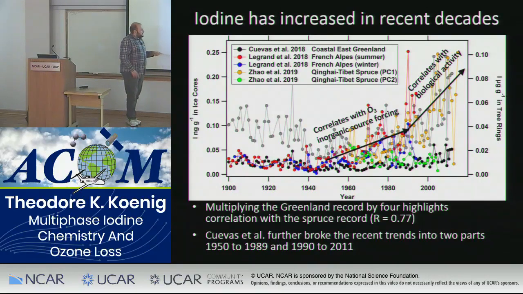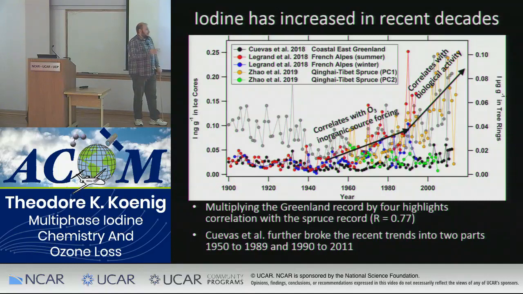There's some discussion in the paper about the fact that PC1 is relatively close to the edge of the forest and has less shielding by the rest of the forest canopy, whereas PC2 was located in the heart of the forest, so maybe the iodine flux to it was different just because all the trees around it took up the iodine first. There's also some discussion about occasional times where the PC2 time series becomes a little more sparse. There are some ring counting issues for it, but because there's no trend at all, that shouldn't help us very much.